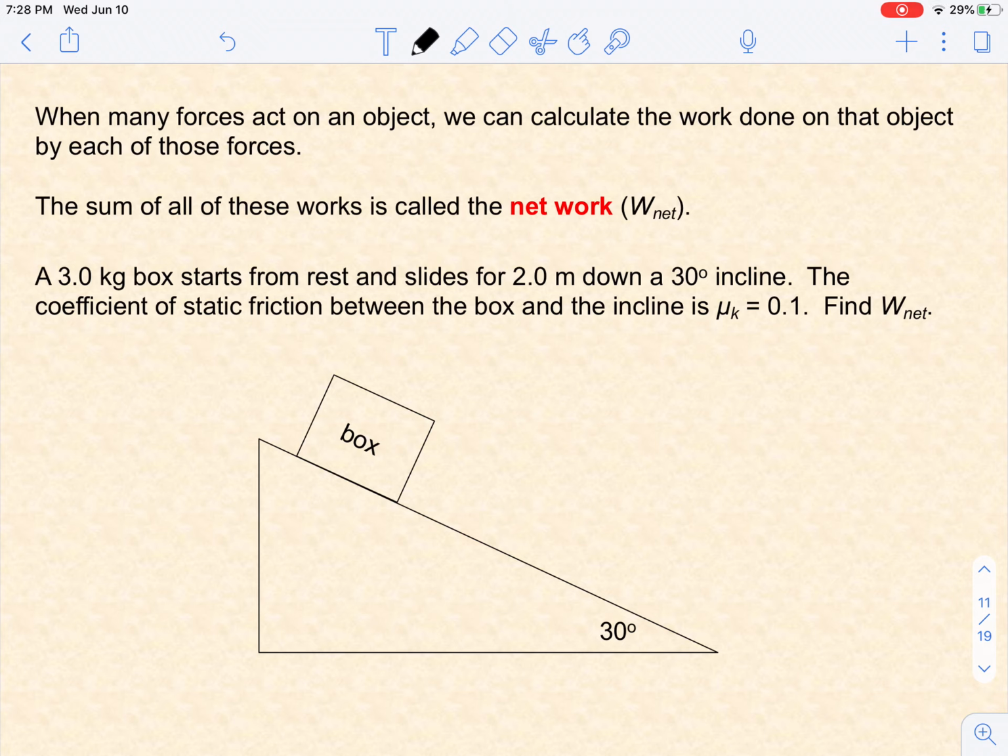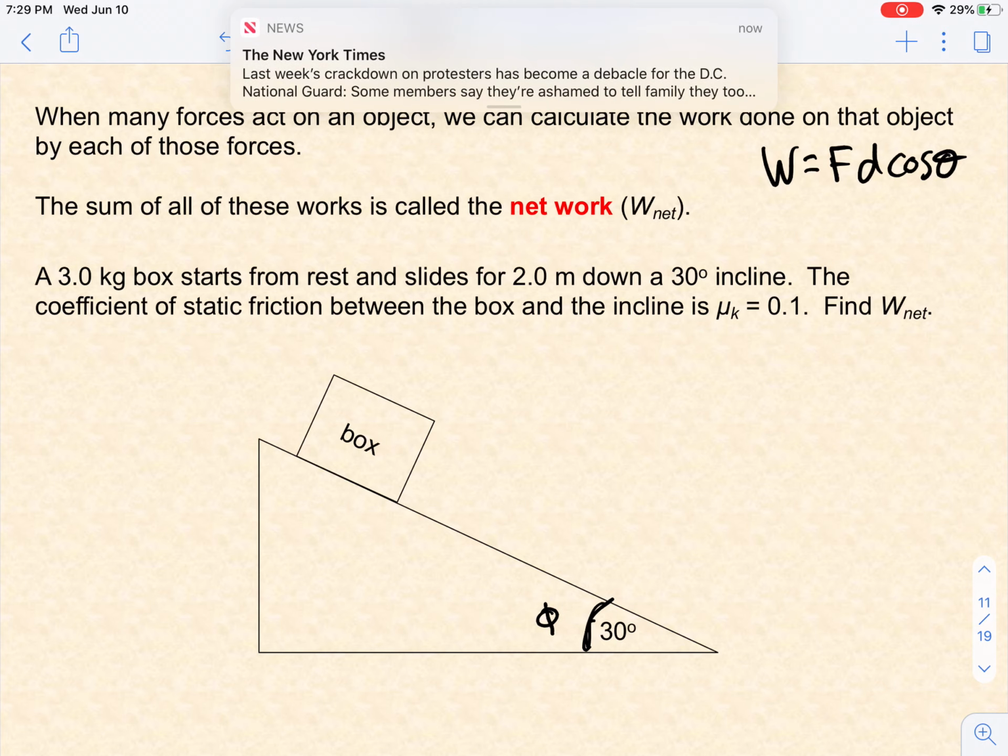The particulars of the mass of the box and the angle of the inclined plane are listed here, as well as the frictional coefficient. Now, one thing to keep in mind is that this angle of the inclined plane is not the same angle that appears in this equation, force times distance times cosine of theta. This theta in this equation is the angle between the force vector and the displacement vector. Do not get that confused with the angle of the inclined plane. Just to make sure that we don't do that, why don't we call this angle phi? Okay, so moving on then,